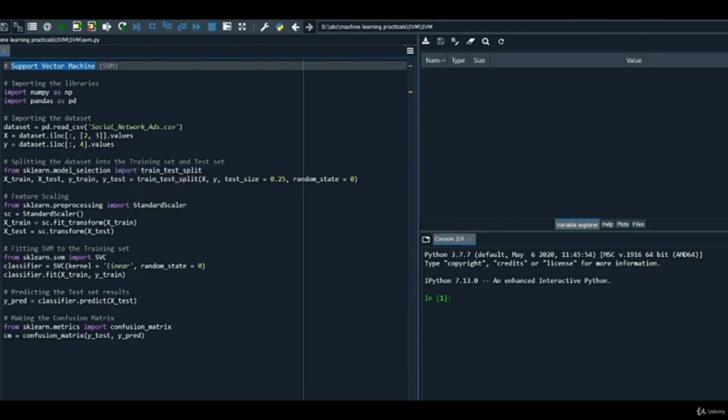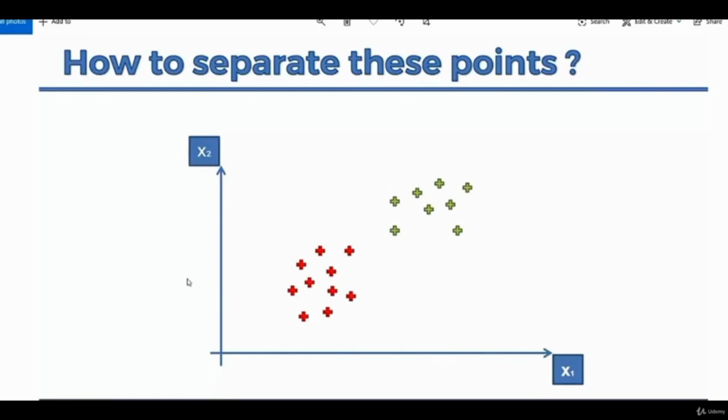So let's get started. First of all, let's say we have some data points, as you can see here, these red data points and there are green data points. Now we want to make a classification model which is going to classify these data points as red and these data points as green. So our model is going to create a line which is going to separate them effectively.